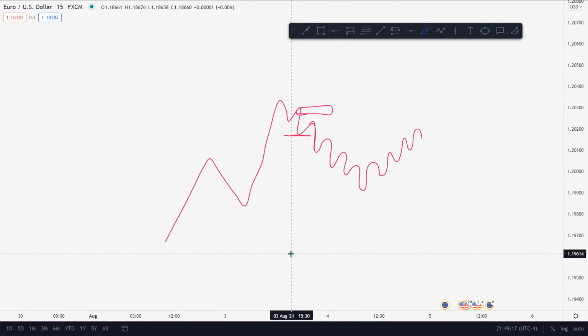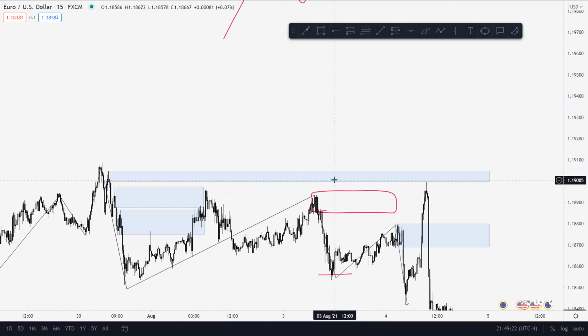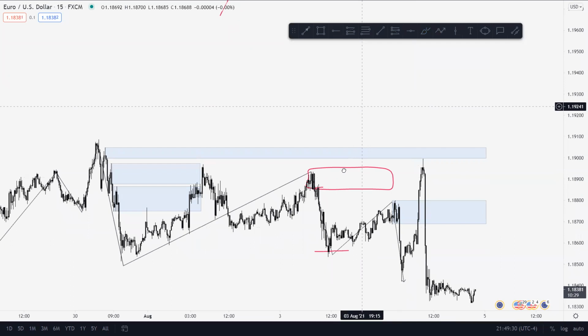And with this EU trade, I'm highlighting it again because did it work? Yeah, it worked out really well. Does this work a lot? No, it doesn't, because when you get a BOS like this here, there's no telling where it's going to stop. And that's exactly what I'm saying up here.